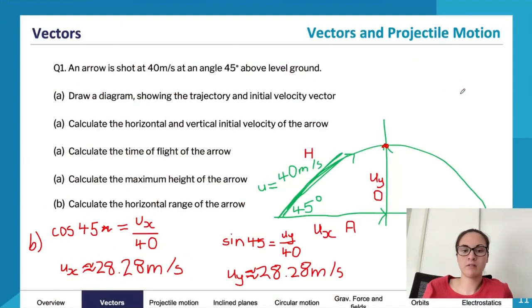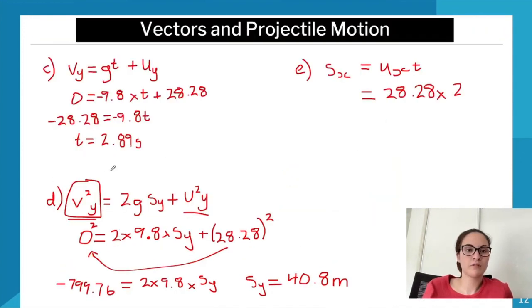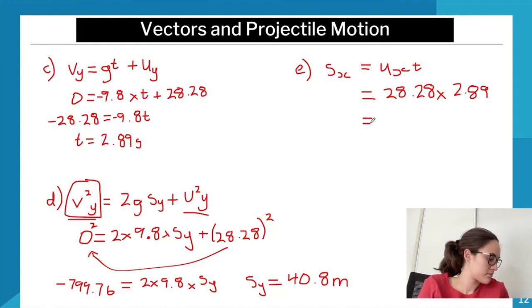Oh, it's literally right there. Yep, 28.28 times 2.89. And this will give us our horizontal displacement. Yep. So our horizontal displacement will be 81.73